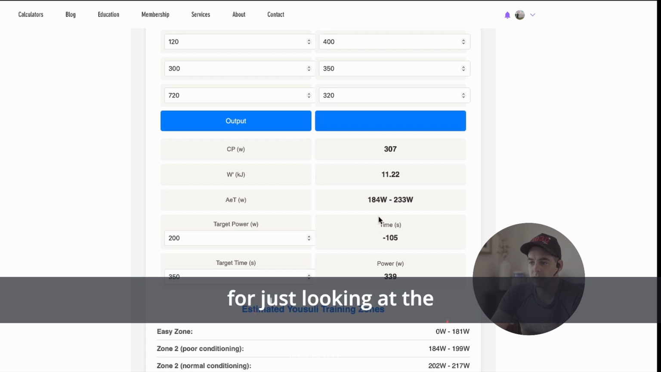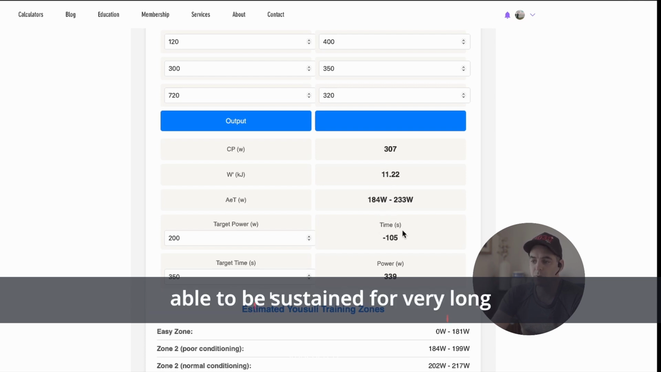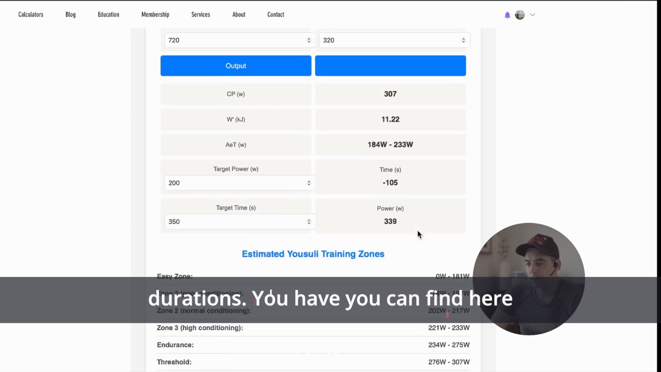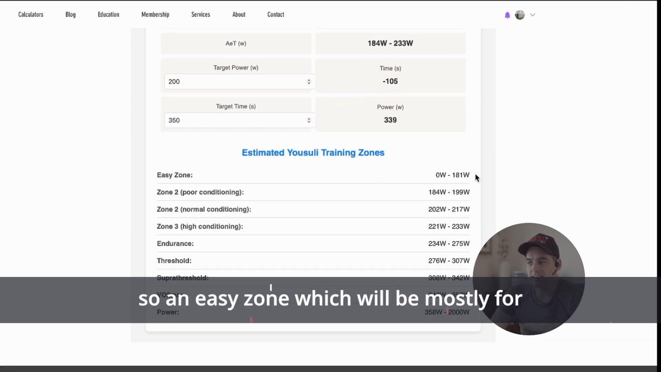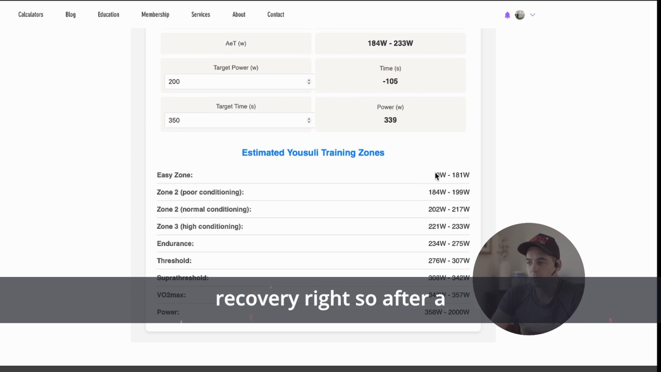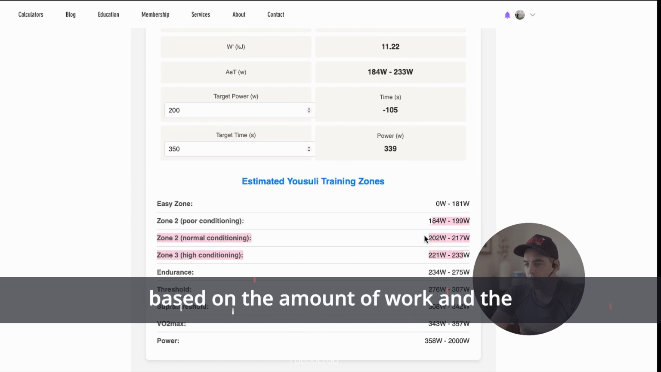Normally and theoretically, if we're just looking at the numbers, anything below CP should be able to be sustained for very long durations. You can find here below some training zones. So an easy zone, which will be mostly for recovery rides, so after a race or in between intervals. I'm breaking down what people call zone 2 here. We're still within the range of 184 to 233, but I've broken this down into 3 segments based on the